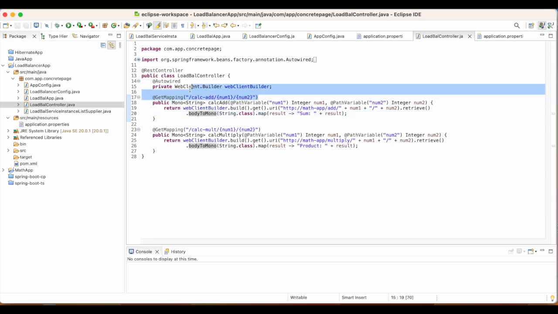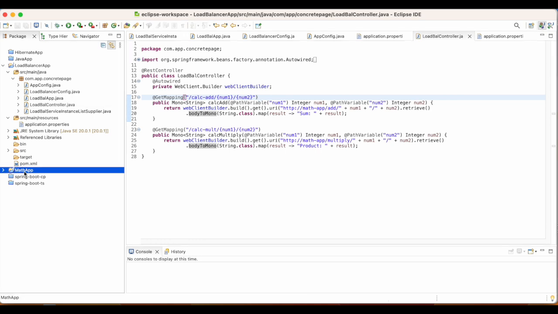For this URL, the request will be transferred to the math app add application. If multiple requests hit, in that case all the service instances of the math app application will get the load equally distributed.